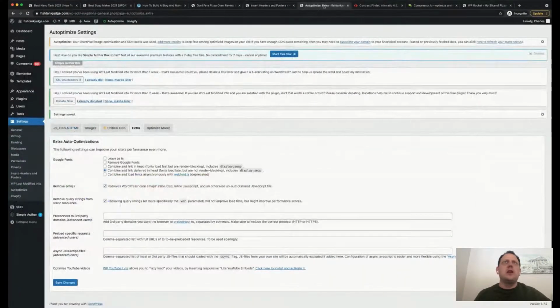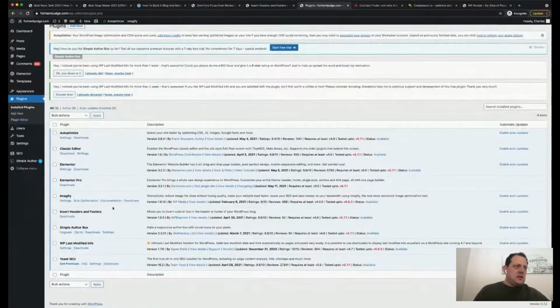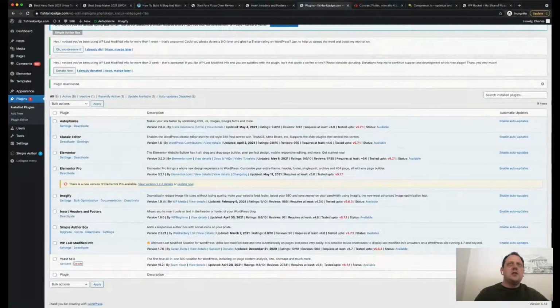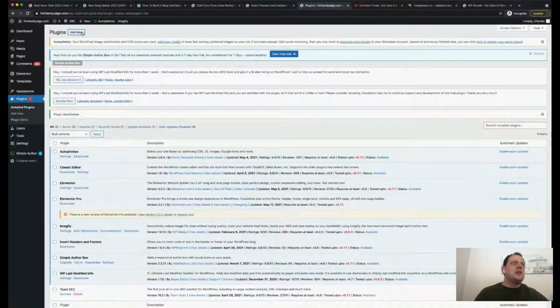good caching plugin like WP Rocket, and let's have a look at our quick plugins. Where are the plugins? Let's have a quick look. So plugins aren't too bad. I think the plugins are fine. Let's just check something. So let's deactivate Yoast. Do a live test. No, we don't want to delete that yet. Actually, we want to add in